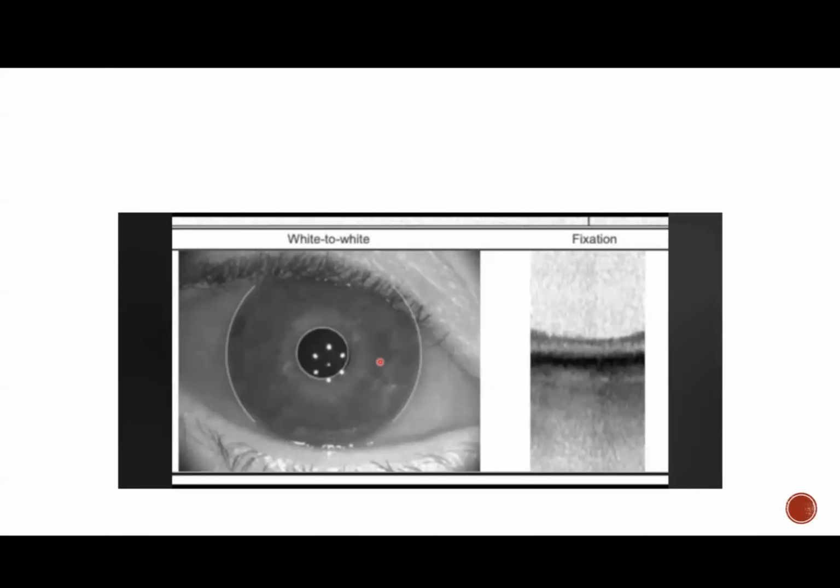To check whether it's accurate or not, we can see the image and whether it is correctly superimposed onto the eye before you get the reading. So this is a very useful tool. You can get an accurate white-to-white reading. And these dots, this is the thing I was talking about, the Cheng-Wearing code. If they are not correctly aligned with the pupil axis, that's where we get problems with angle kappa.